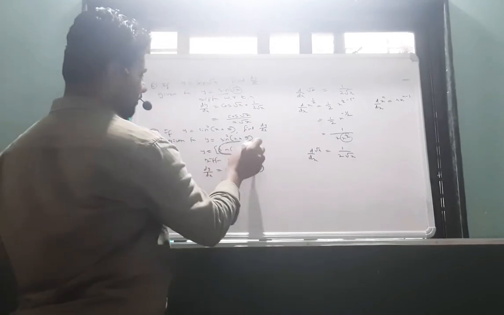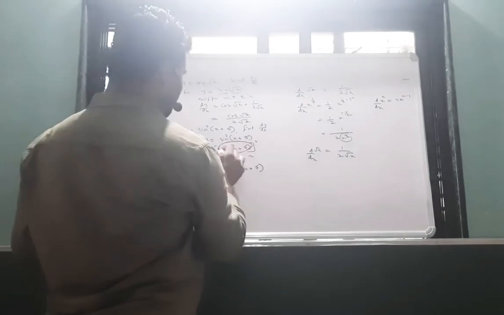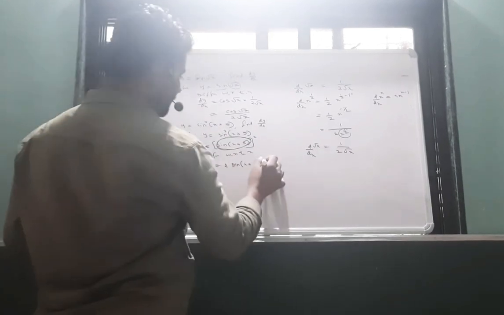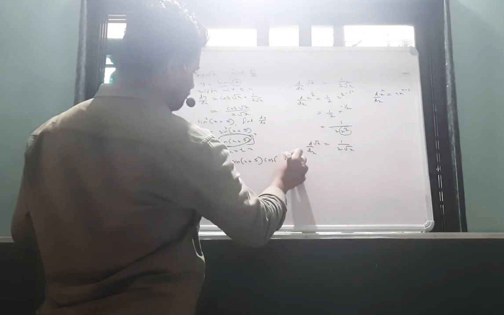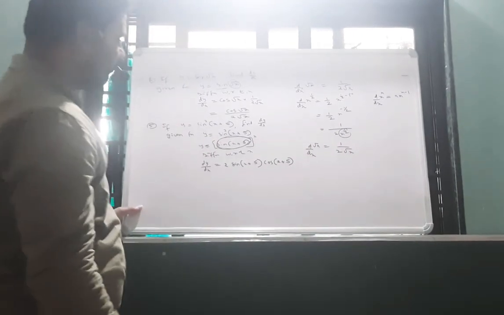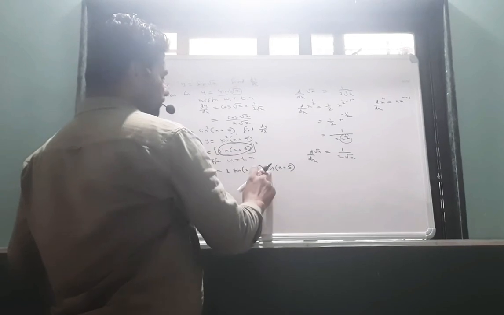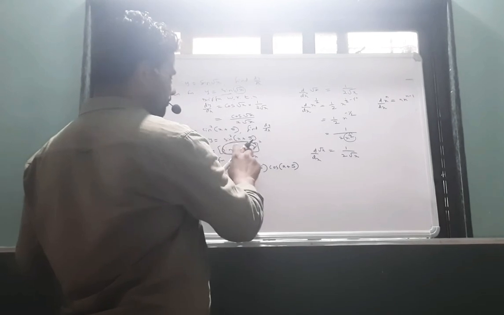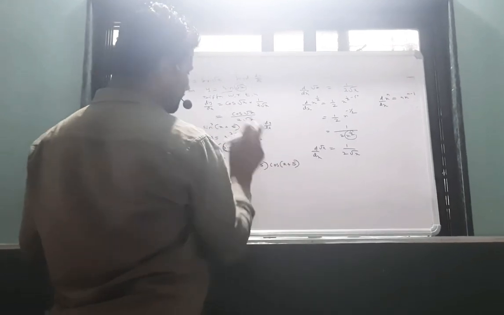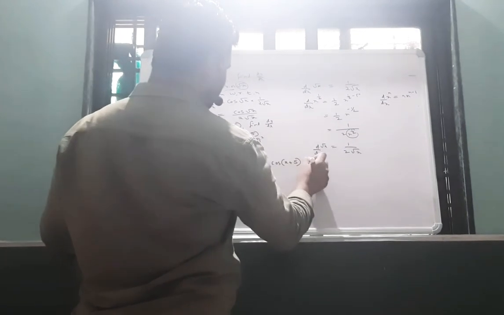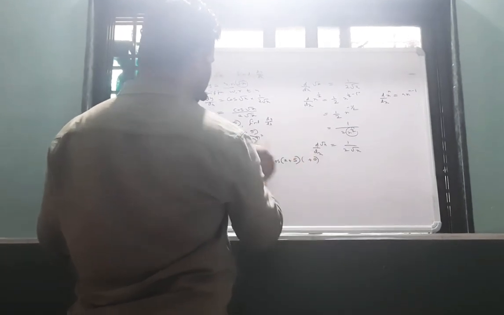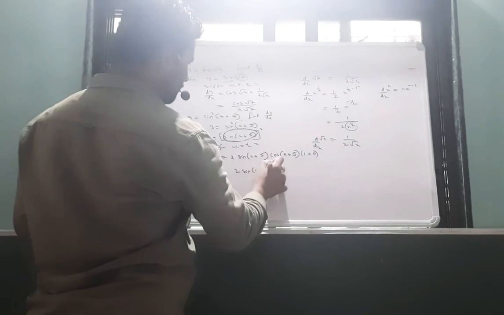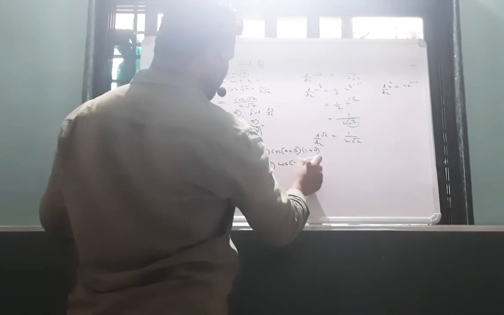Then multiply by the derivative of sine of x plus 5. So find the derivative of u. The derivative of sine of x plus 5 is cos of x plus 5. Now the sine derivative is cos, then we have to multiply by the derivative of x plus 5. Then the derivative of x plus 5 is the derivative of 5, a constant, which is 0, plus the derivative of x, which is 1. So it becomes 2 sin of x plus 5 into cos of x plus 5 into 1 plus 0, which is 1.